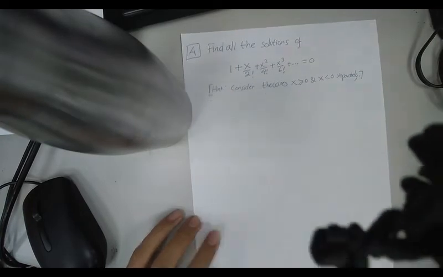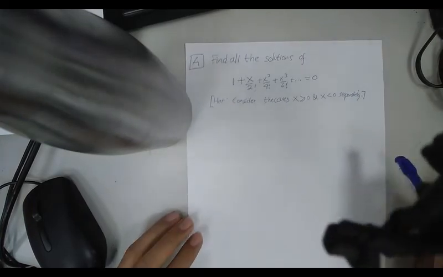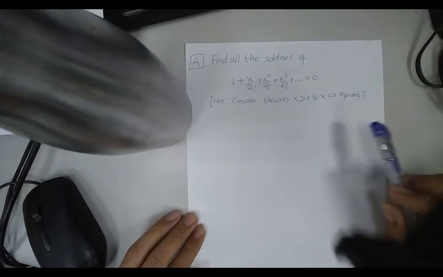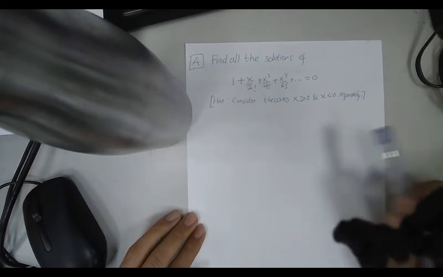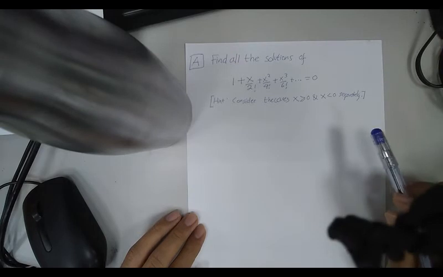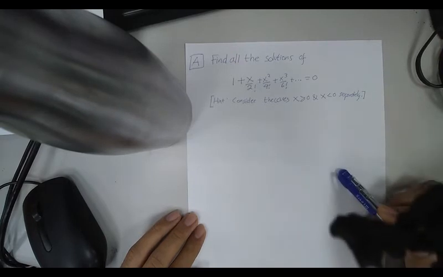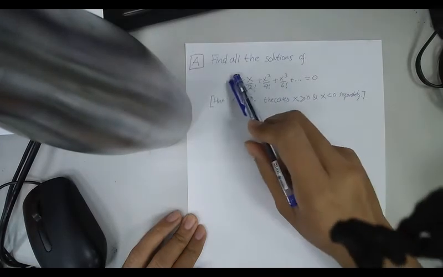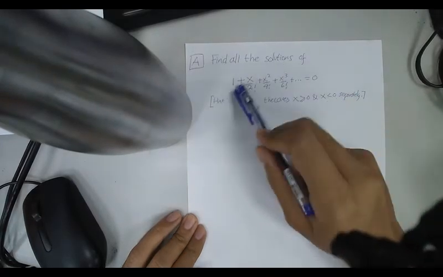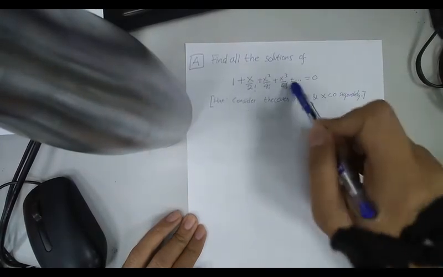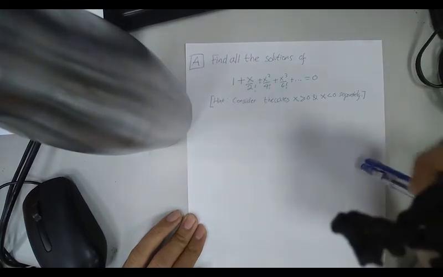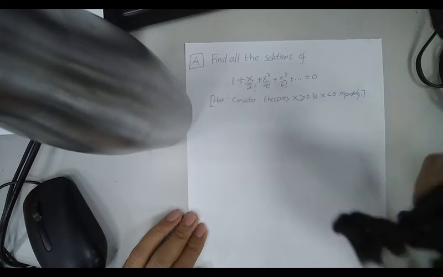Okay, the first one is, I think, the hardest one of all four, and it is asked by you, by Jack, in the session. Basically, the question is: find all the solutions of x such that this series becomes 0. Okay, it turned out to be quite hard. So